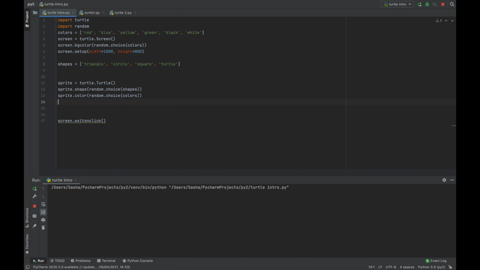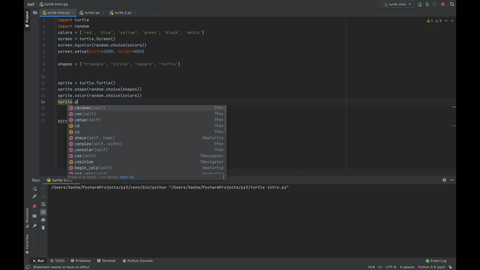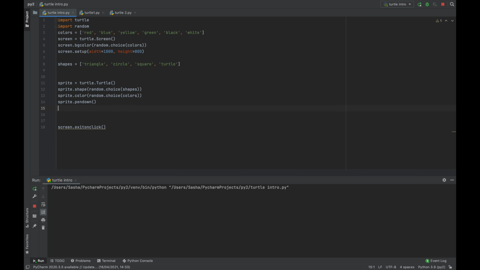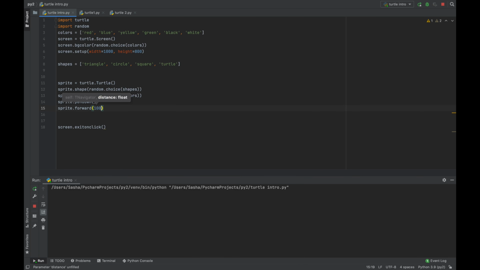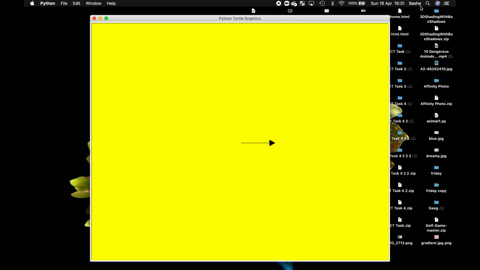So what you do is you write sprite.pen_down. Then you write sprite.forward, then 100. So when you run this, it'll draw a line of 100 to the right. See, 100. This is 100 pixels. So now you're like, how do you set the direction of where it's going? Well, you specify the direction, and how it works is on a normal protractor, it's a bit awkward,